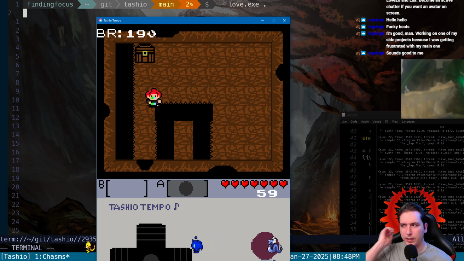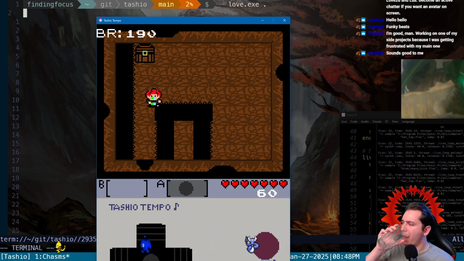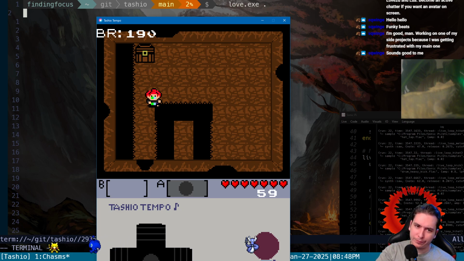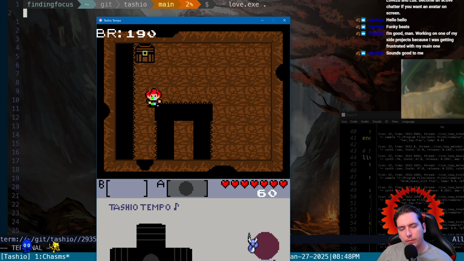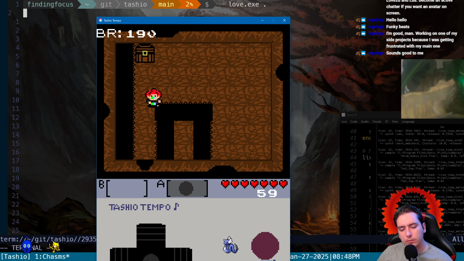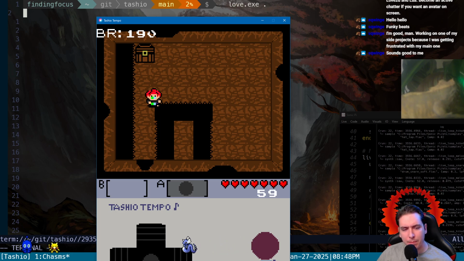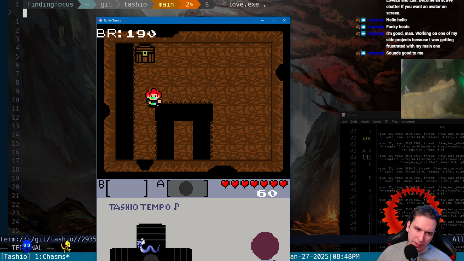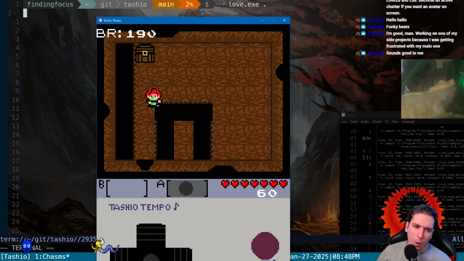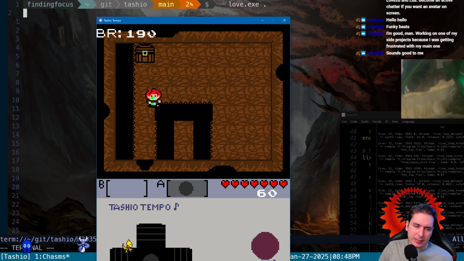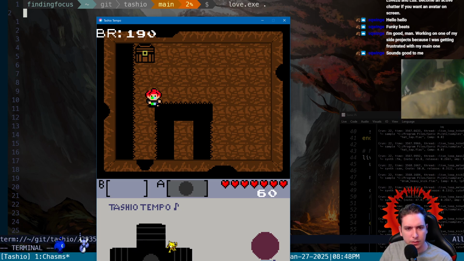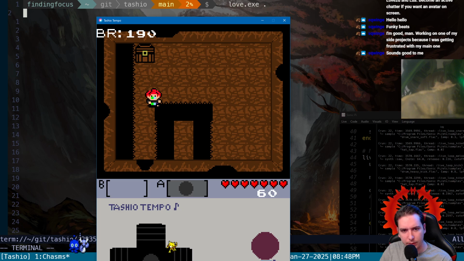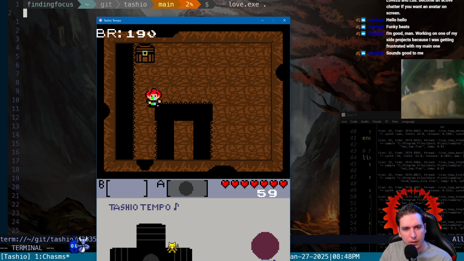Our foot's kind of dangling in there. Because the AABB we are calculating is like, are we all the way inside it, right? We're checking if the left side of our box is greater than the left side of the chasm, and the right side of our box is